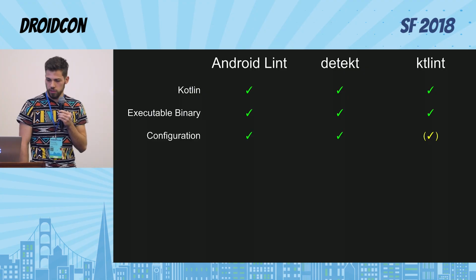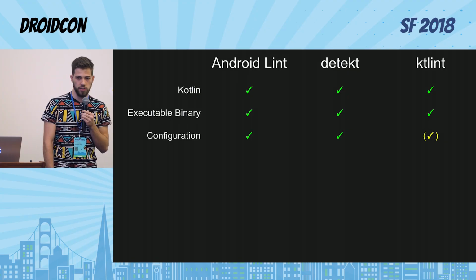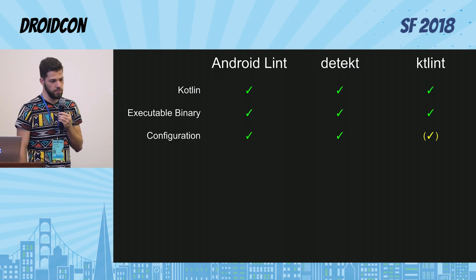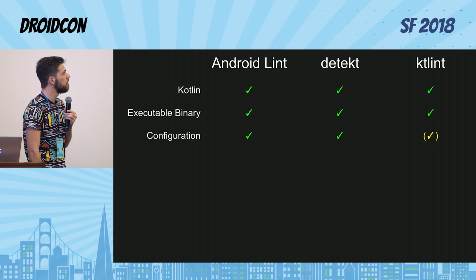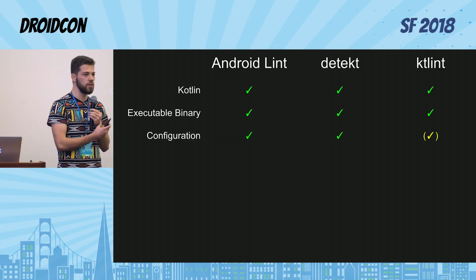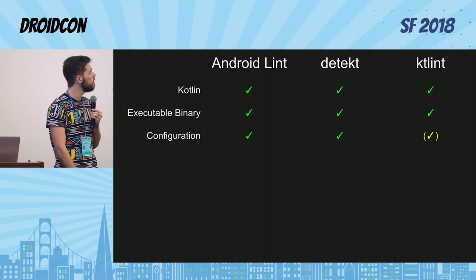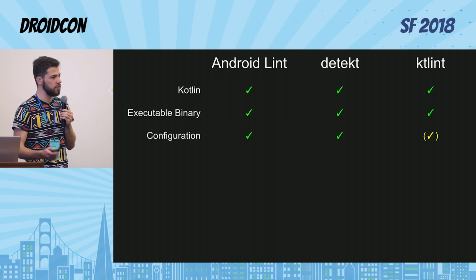Also configuration, all of those tools have a configuration. Lint is a bit limited in that it's relying on the Kotlin and the Android styling guidelines. So it's enforcing those, and then you can go and tweak some of the parameters. And Android Lint and Detekt have lots of configuration you can go and